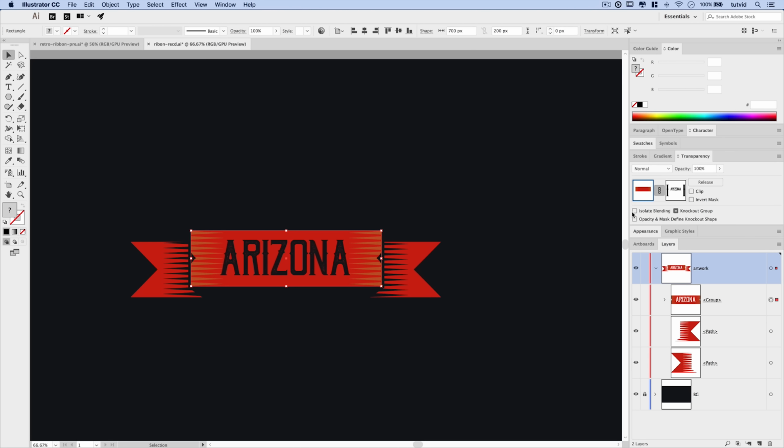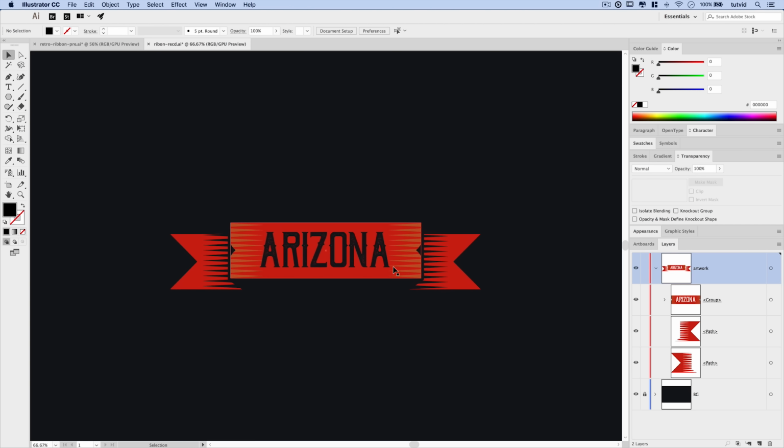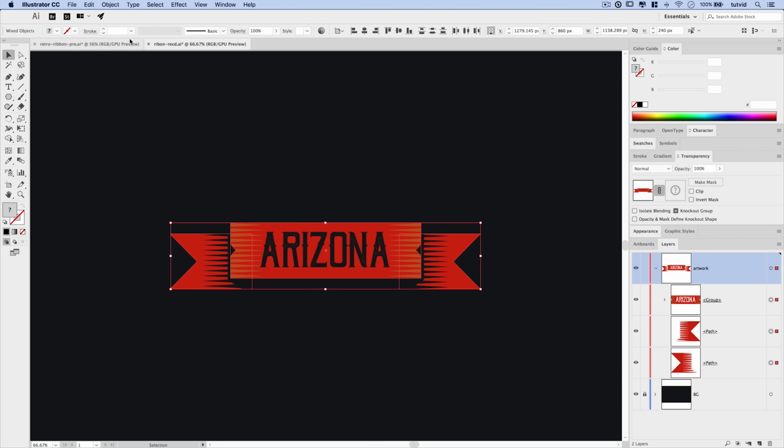Perfect. So I'm going to select my thumbnail here in the transparency panel, and we're getting closer and closer to being finished here. We want to group all of this together. So I'm just going to grab all of my pieces of ribbon and then go Object, Group, and now they're all grouped together,